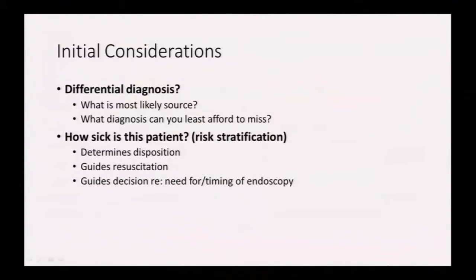So what's the differential diagnosis in this? Upper GI bleed. What do you think? Well, ulcer would be at the top of my list. I guess esophagitis. Everybody worries about varices, but unless there's a history of liver disease or stigmata of liver disease, I don't usually worry about it. And what we really need to do is think about that and then also determine how sick